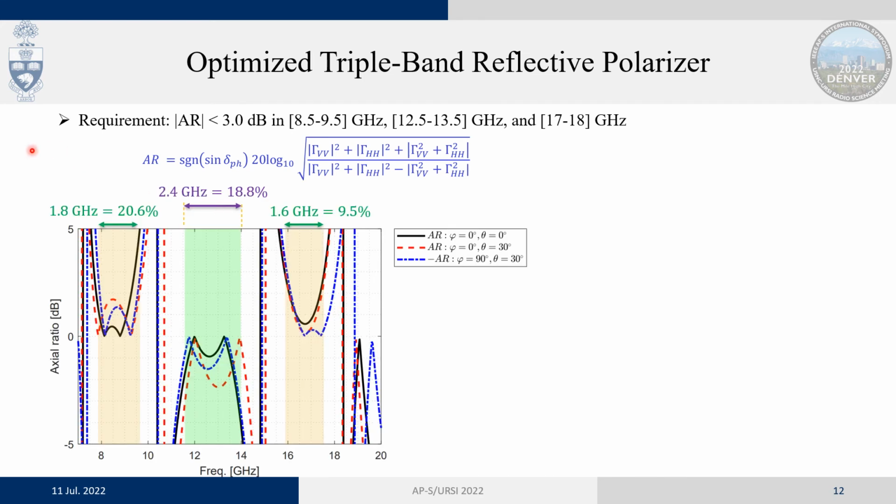After running the optimization, we can see that this set of axial ratios for normal incidence and oblique incidence in the 2 planes for theta equals 30 degrees meets our requirement, with more bandwidth than what we asked for. In the first band, we achieve 1.8 GHz, where all of these axial ratios for both normal and oblique incidence are less than 3 dB. In the second band, we achieved 2.4 gigahertz. Lastly, we achieved 1.6 gigahertz in the final band. Again, we can see that the axial ratio sign switches between the bands, representing the switch between the circular polarization